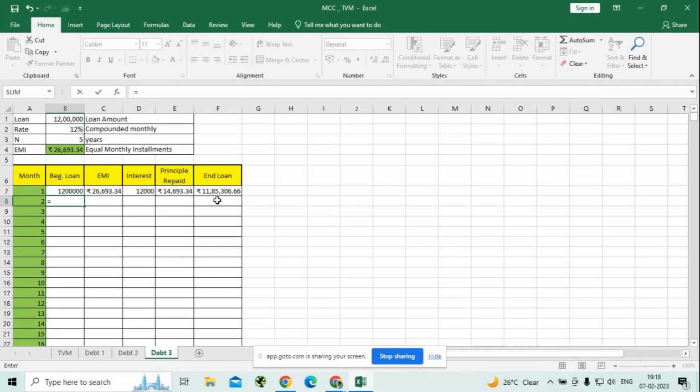So the beginning loan for second month will be equal to F7. F7 is nothing but the ending loan of the previous month. Very good. The next,